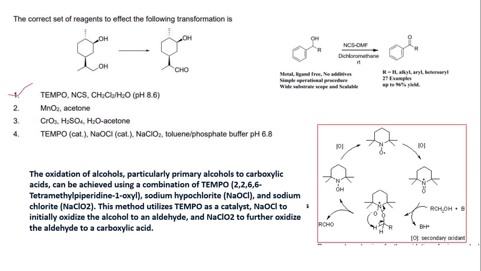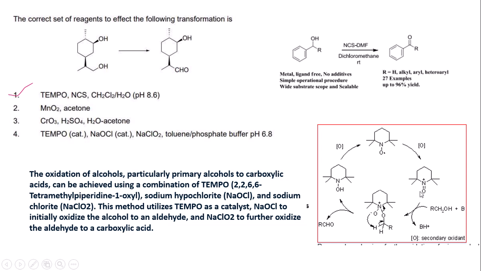This is the oxidation problem, where the TEMPO in presence of the NCS in DCM and water produces the carbonyl group. Selectively, the less hindered alcohol is oxidized, but the more hindered alcohol, that is the secondary alcohol, is not oxidized here. Here, the oxidation mechanism is that the TEMPO is oxidized in presence of the NCS, produces